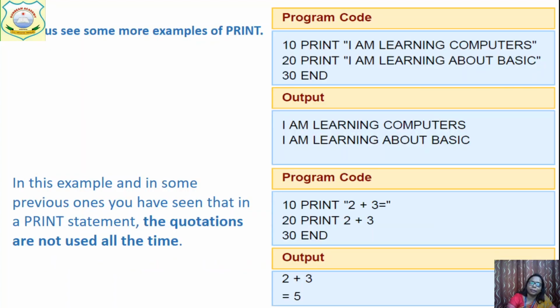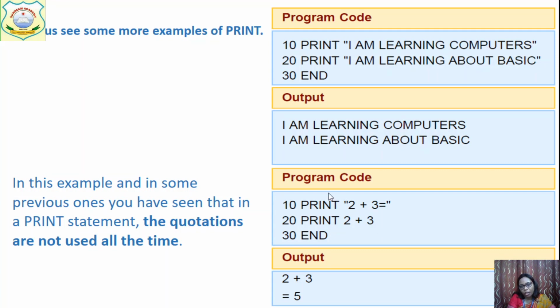Now, see, अब ये सेकंड प्रोग्राम, first is the simple one, just a text string है जो आपने डबल कोट्स के बीच में लिखी है, so it will print as it is. यहाँ पे प्रिंट कमांड as it is प्रिंट कर रहा है. Okay, now see the second program. सेकंड प्रोग्राम में क्या है? It is written 10 print double quotes 2 plus 3 equal to double quotes, and in second line 20 print